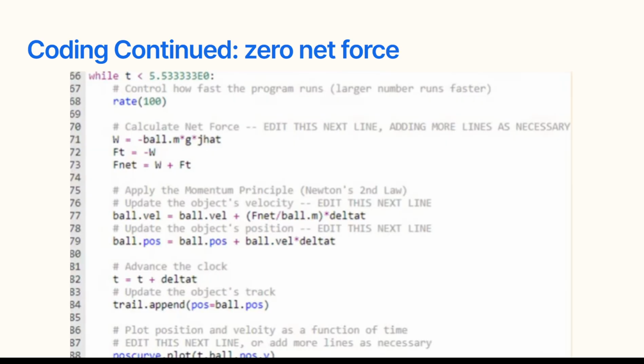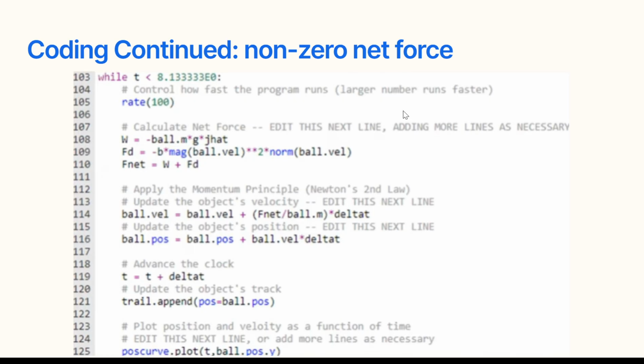This first part of the code is where there's 0 net force, because the only forces acting are your gravity and your tension force. So you'll calculate your forces here, which should be equal to 0. Then you'll do your velocity update and your position update using your net force. That is why in this case the bottom of the Slinky does not change position: there's no net force. However,